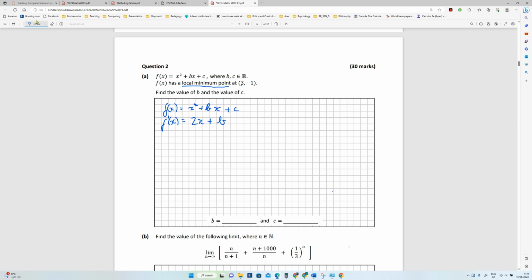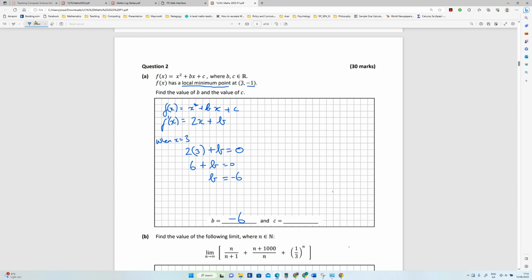Now, I know that there is a point where x is 3. So when x is equal to 3, I can say 2 times 3 plus b is equal to 0. So 6, sorry, I'll draw that b properly just to make sure it's distinguishable from a 6. So that's 6 plus b is equal to 0. Therefore, b is equal to minus 6. Okay, so that's the first part. Second part then,